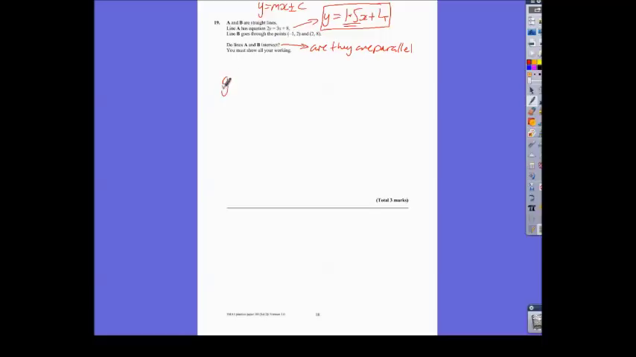For the gradient of B, to work out the gradient of a line, we do the difference in y divided by the difference in x. So the difference in y is from 8 to 2, which is 6, and the difference in x is from 2 to minus 1, which is 3. So 6 over 3 is a gradient of 2. So these lines are not parallel, so yes, they will cross